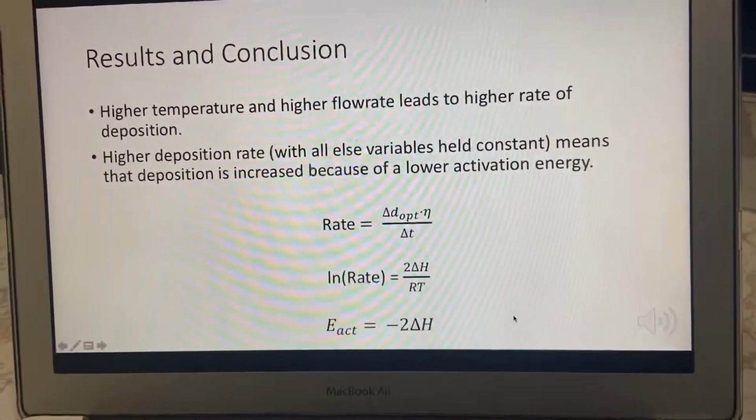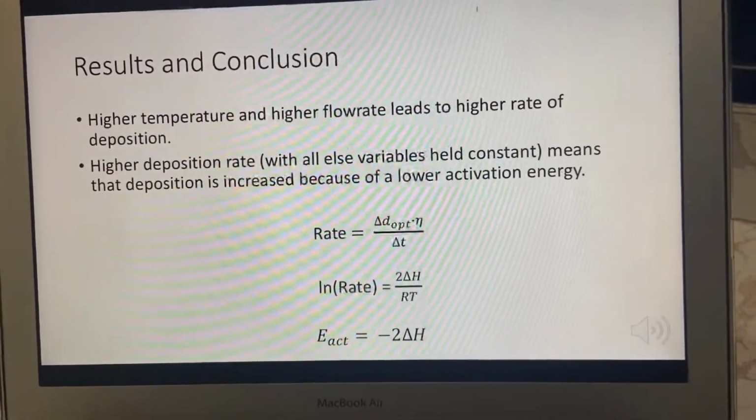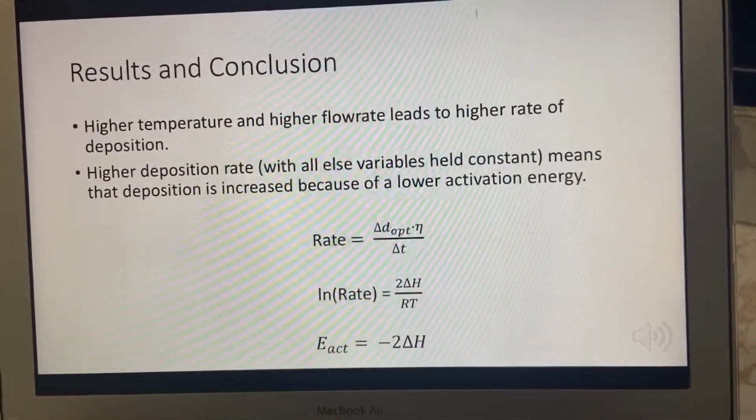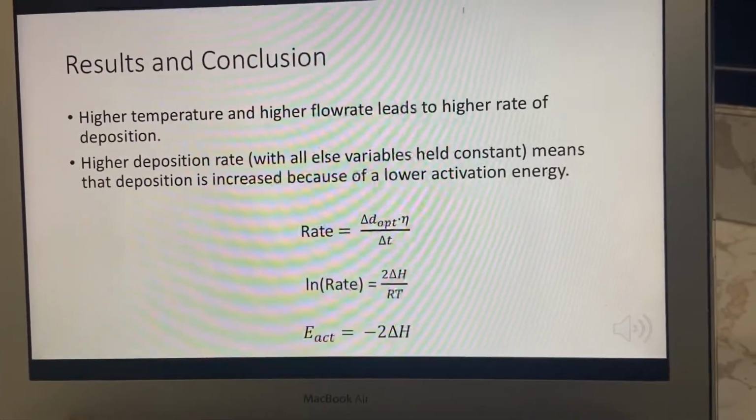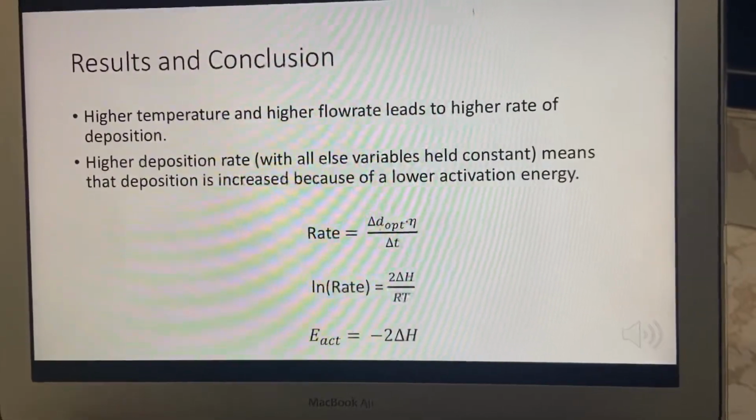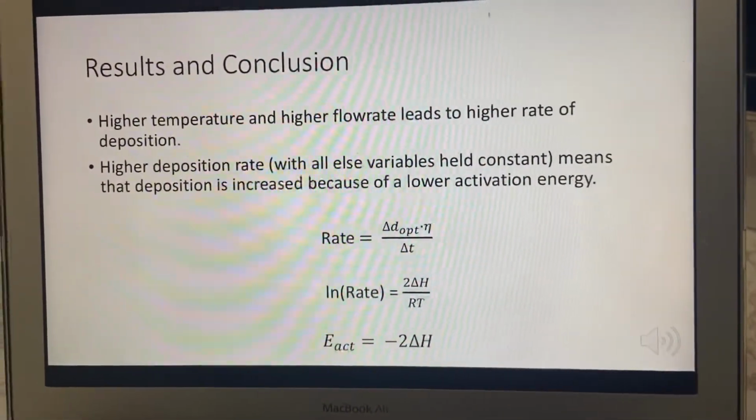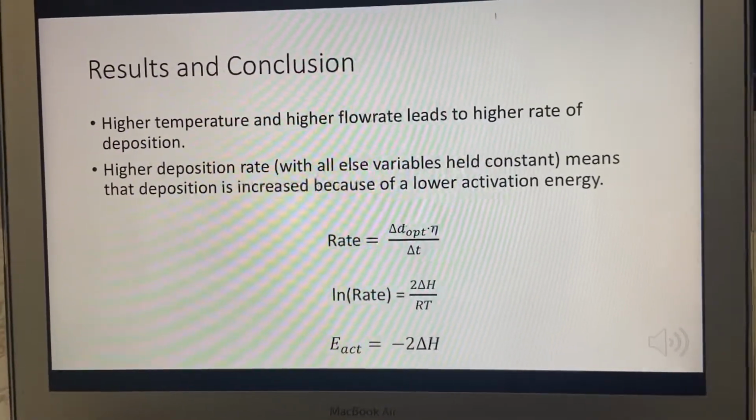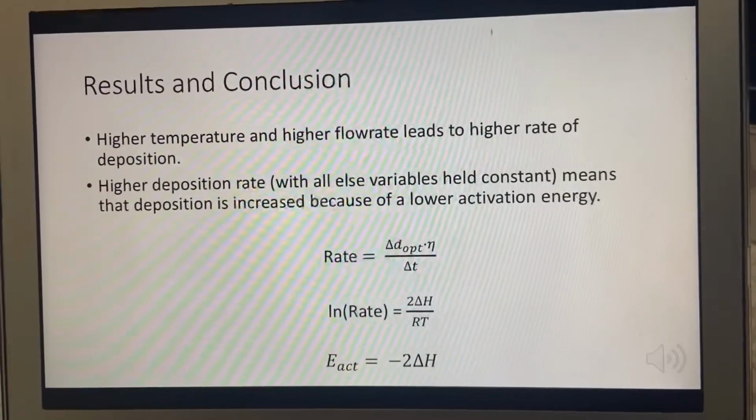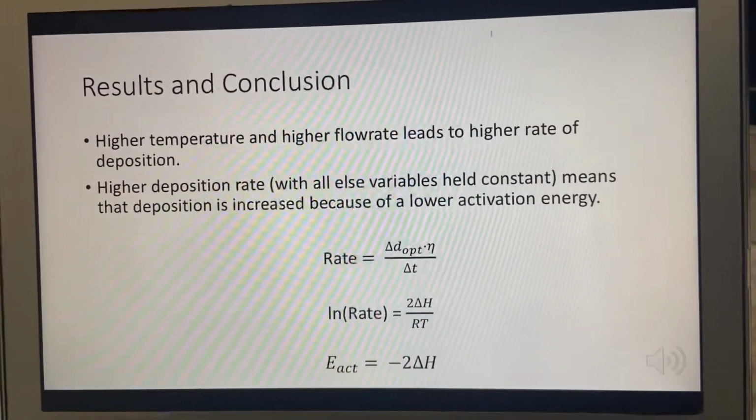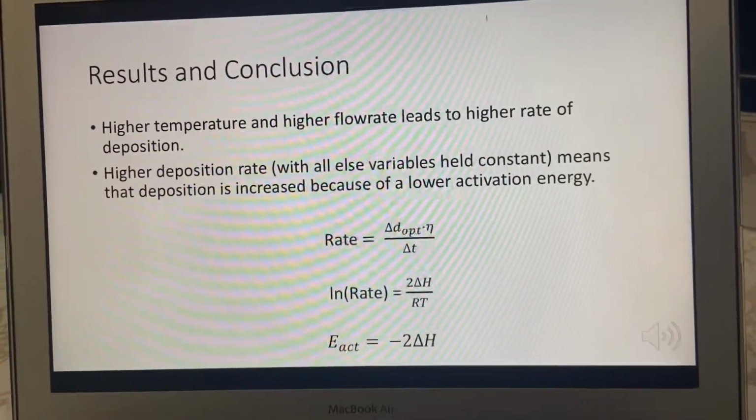With that being said, the deposition rate can be said to be directly proportional to the stage temperature. And in other trials, an increase in flow rate was also directly proportional to the deposition rate. And an increase in flow rate of incoming species, whether that be the monomer or the initiator. Now, from these observations, we can conclude that a higher temperature or higher flow rate leads to a higher rate